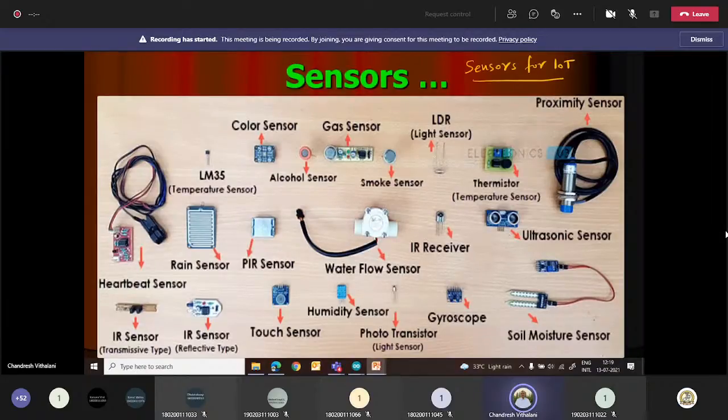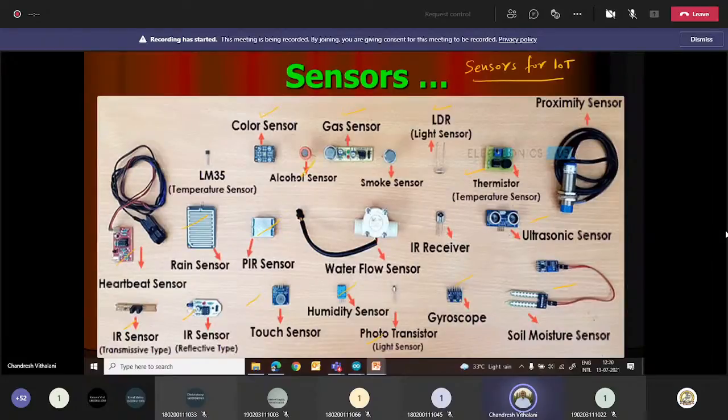There are many sensors available, like gas sensor, color sensor, LDR, thermistor, ultrasonic sensor, soil moisture sensor, gyroscope, humidity sensor, phototransistor, touch sensor, IR sensor reflective type, IR sensor transmissive type, heartbeat sensor, rain sensor, PIR sensor, alcohol sensor.